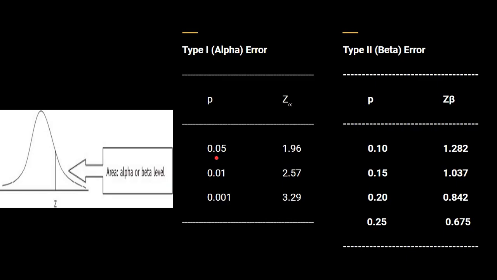After fixing the level of these errors, which is most commonly going to be 0.05 or 0.20, we need to look at the Z table corresponding to the alpha and beta error values which we fixed before calculating the sample size. We have the liberty to allow this alpha error and beta error before calculating the sample size. As we are stringent in allowing this alpha error and beta error, the Z value is going to increase and increase your sample size because Z value is directly proportional to the sample size.